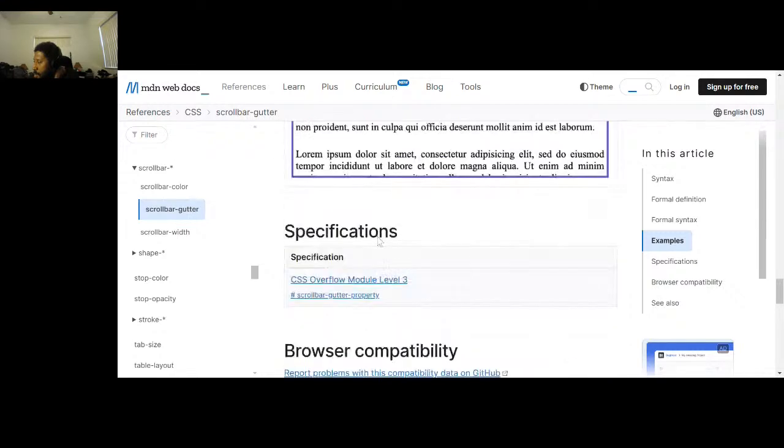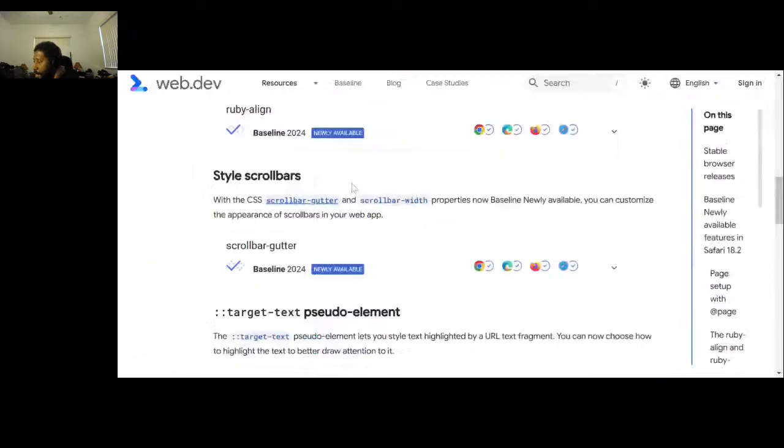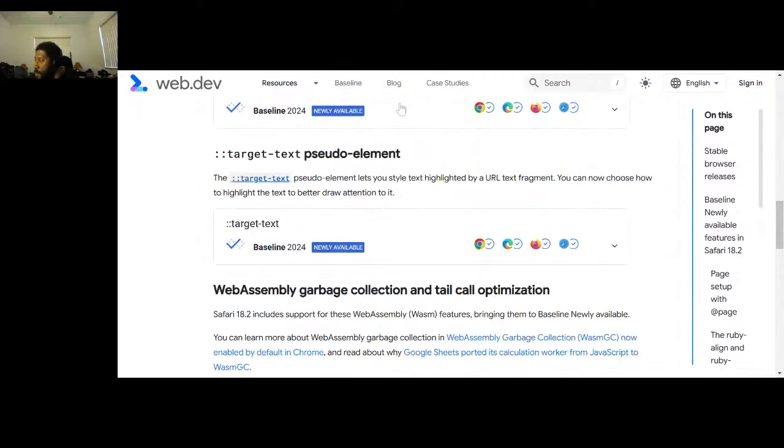Okay, overlay scroll bars. All right, cool. So that's pretty awesome. Now you can check that out. And then we spoke about this one, the target text pseudo-element. That's pretty cool. I don't know if you ever noticed, if you search for something in Google or whatever search engine, and you go to the page, it'll have the answer highlighted in the page. That's through this target text.